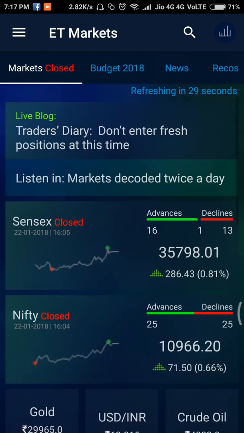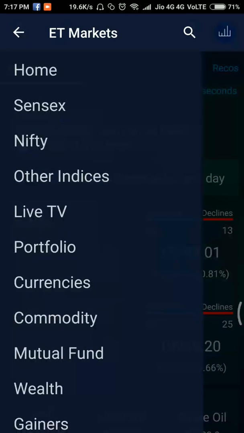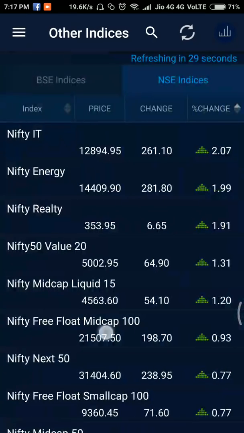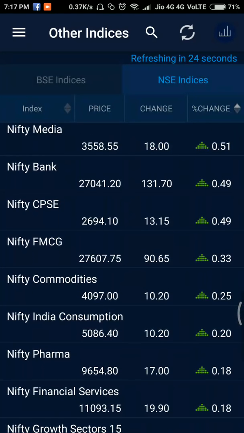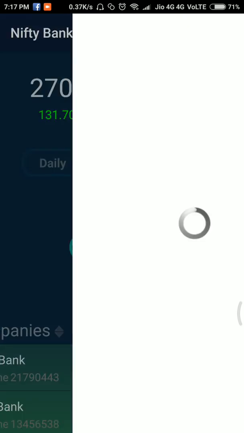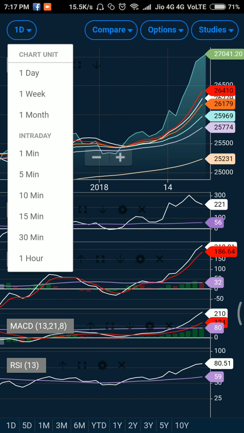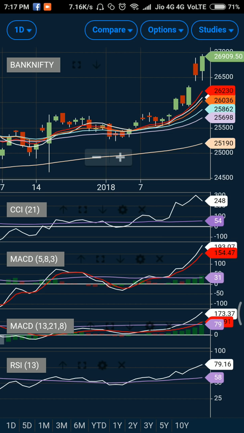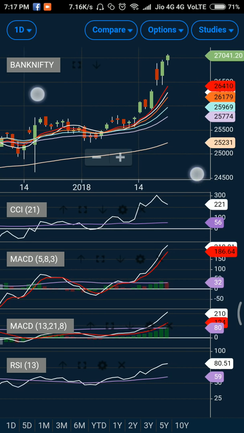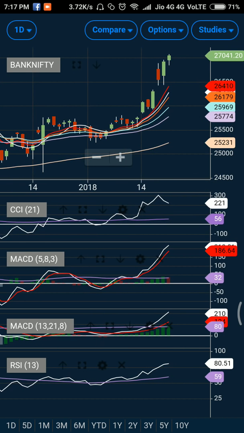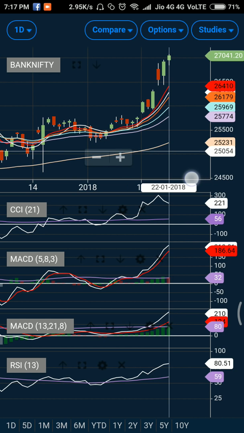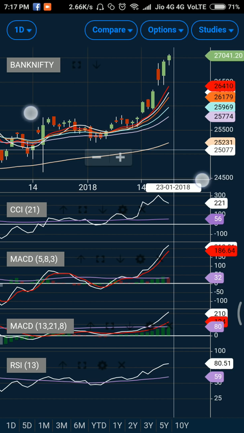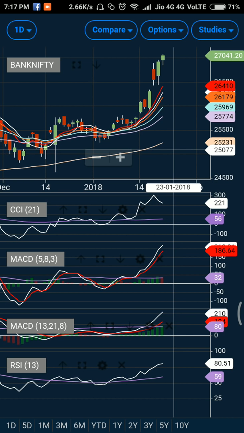Now let us quickly analyze the Bank Nifty. The reason I was sharing all this with you guys is, at times you may be worked up and take a trade very early, and you feel confident that this thing is going to happen, but it will not happen. So make sure you follow through on your trade, only enter the trade as per the strategy. Since we had decided that we should go short had it broken the 89 days exponential moving average, we should have done that. But anyways, we'll learn from the market only. Now let us analyze the Bank Nifty.